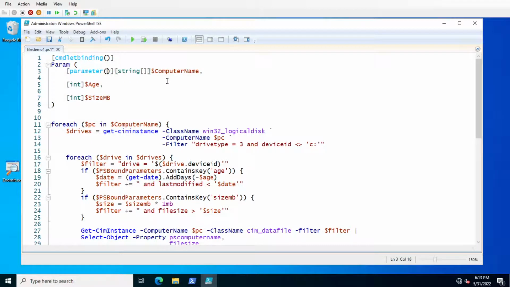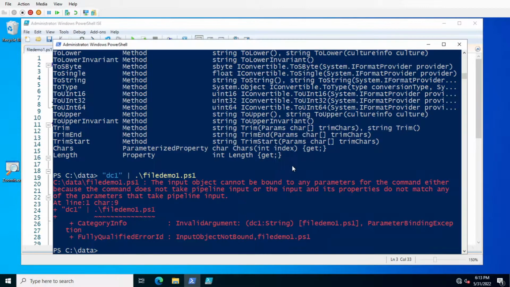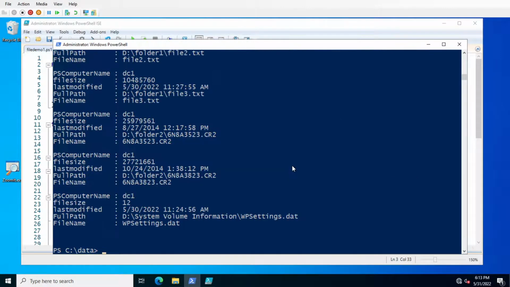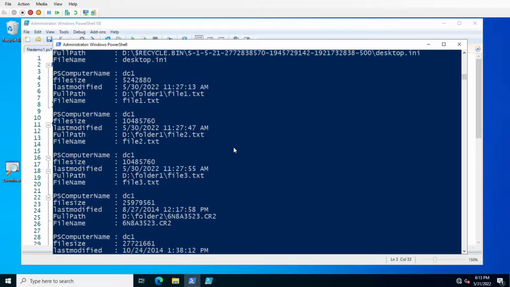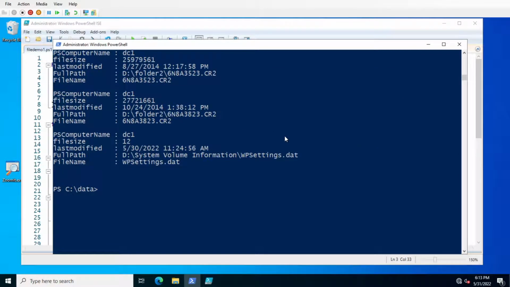Okay, and then in the argument list for the parameter, we'll add ValueFromPipeline. Provided you spelled it right, that should be perfectly fine. So we can add that, and now that should be able to pipe in. That's cool there. Now it's not completely done though. A lot of people do that and think, okay, I'm all set. But here's the problem